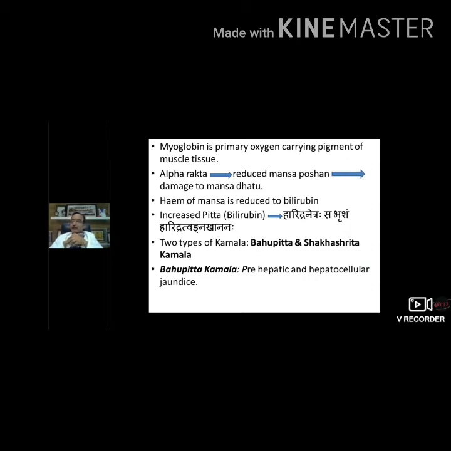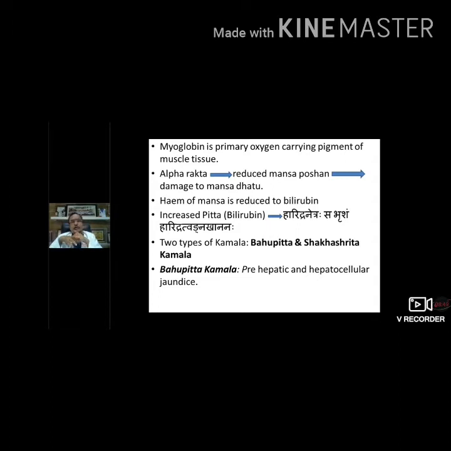So karshya is present, cachexia is present, asthenia is present, a severe weight loss is present, because of this oxygenation process of the skeletal muscle being impaired. Heme is reduced to bilirubin. When it is reduced to bilirubin, it is now the cause of hyperbilirubinemia, and then the features appear: haridra netra,